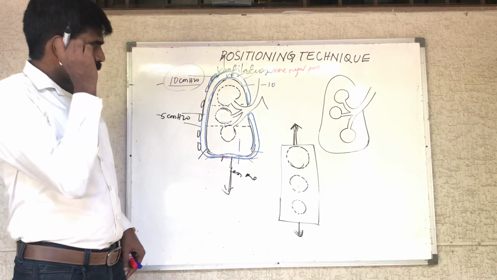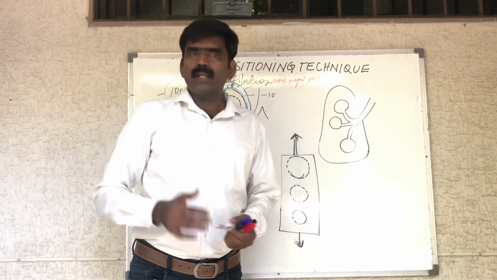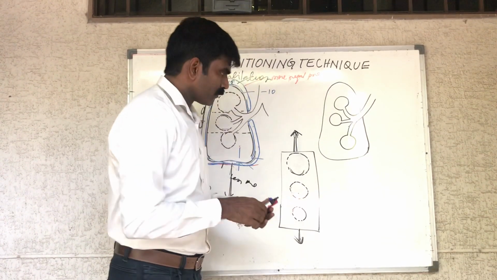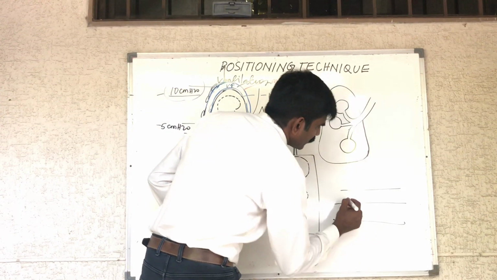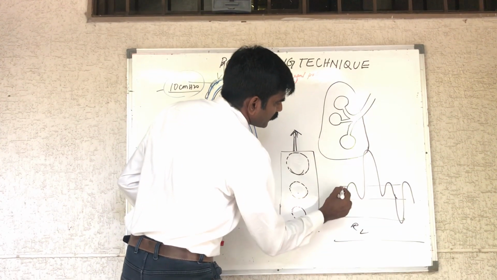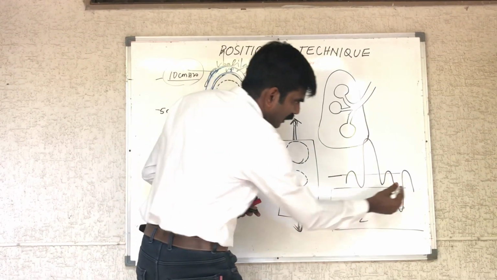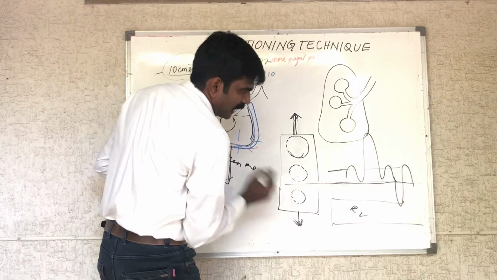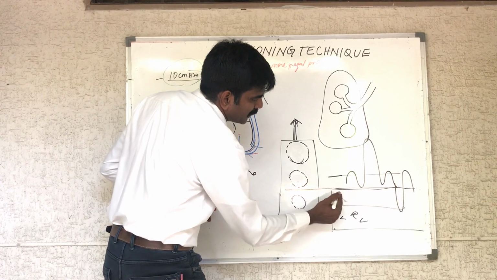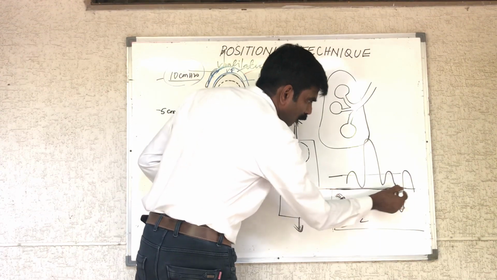So what does it mean? At FRC, what is FRC? It is the point where you start inspiration. FRC is a point, if you take this, clear, this is residual volume, and this level is called FRC. FRC includes residual volume and expiratory reserve volume. Together it is called FRC. This line is called FRC.